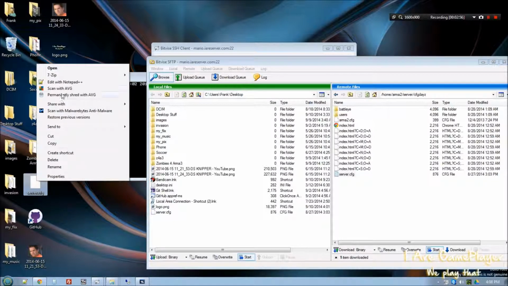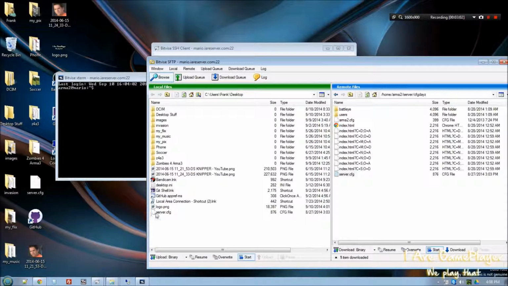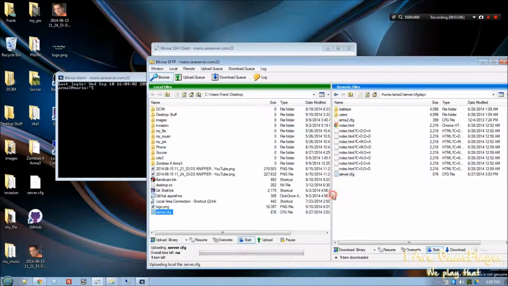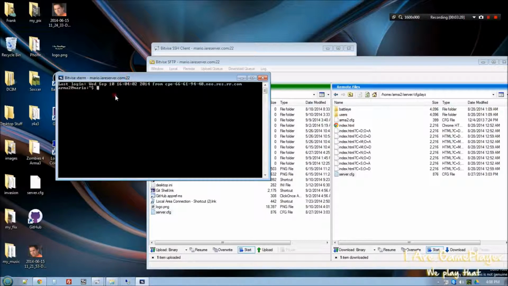I'm going to right click and I'm going to edit it. I can make whatever changes I want. I save the changes, and then I can, in the FTP, drag them right back over. And we're going to overwrite. So now I've copied the server config, edited it on my desktop, and dragged it back over. So whatever you need to edit, you can do that right here with the FTP program. You can do it directly in this